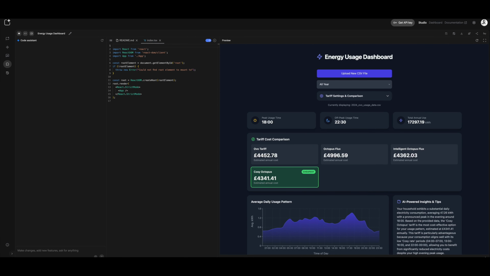Hi everyone, today I want to show you how I vibe coded this dashboard just to make a decision on which energy provider I should switch to and which tariff plan I should choose. So before we dive into how I built it and why I built it, let's start by talking about